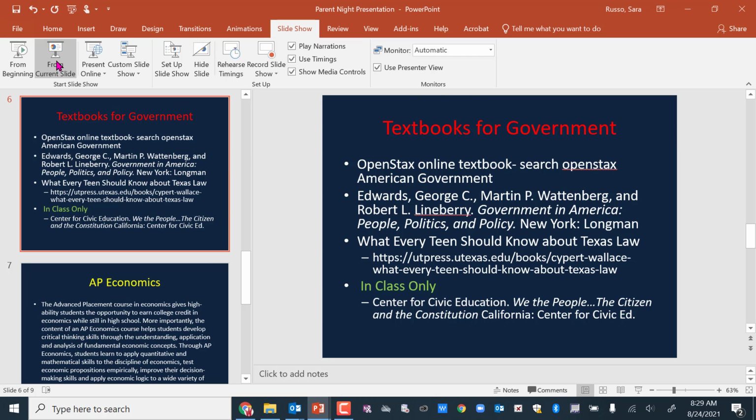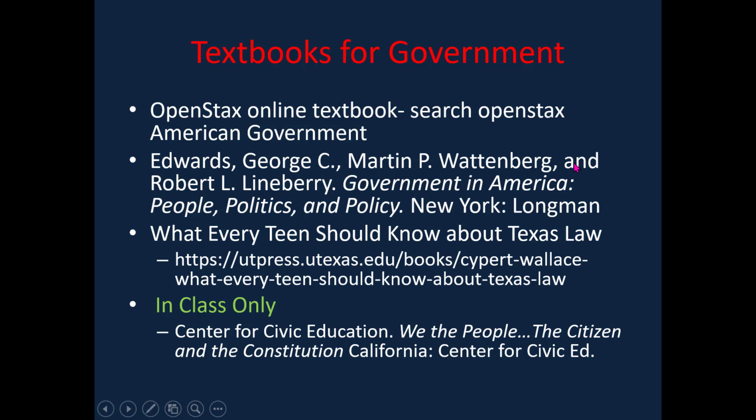Our textbook for government, the easiest is called OpenStax. If you search OpenStax American Government, it's the 2nd edition. It's a free College Board approved online textbook. And then we do have in-class copies of the Edwards Government in America. The other book that students will need to know about or need to have is What Every Teen Should Know